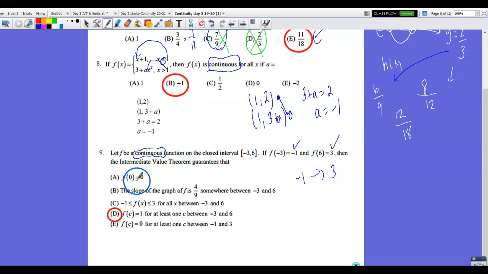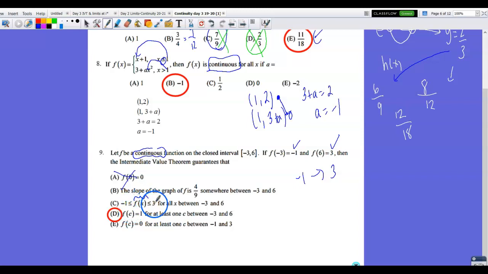So, does it guarantee that f of 0 is 0? No. Are we going to pass through 0? Yes, but it might not be at 0, so that's not a guarantee. Does the intermediate value theorem guarantee anything about the slope of the graph? Well, maybe, but I'm going to look elsewhere before I have to deal with that. I know there's only one answer. Letter C. All y values